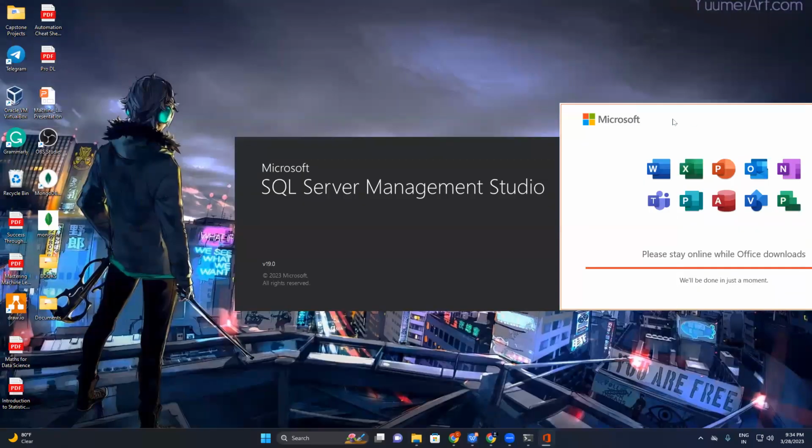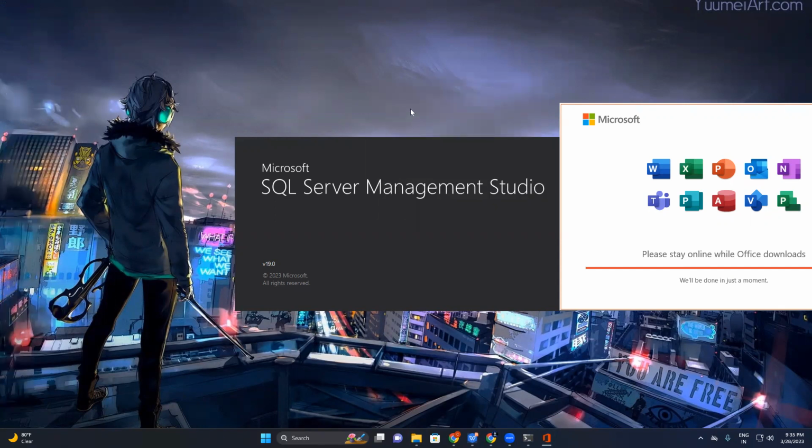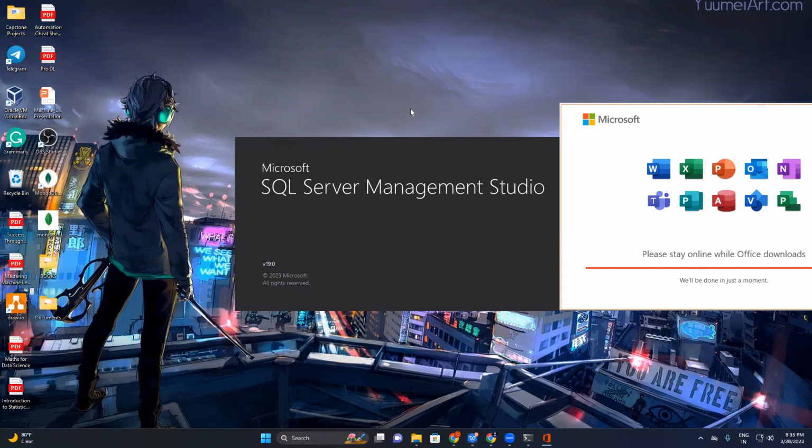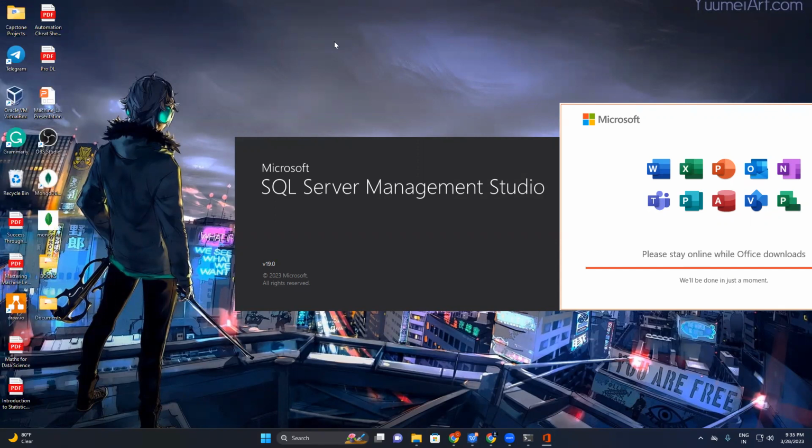Let's minimize the tab. And let's wait for a minute. Let's do the refreshes and all that part. Okay, so we're going to refresh your system. We will be doing this all the time. So we will wait for around 1 to 2 minutes in order to open the application of the SQL Server,